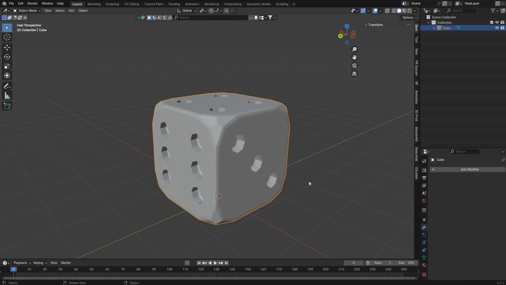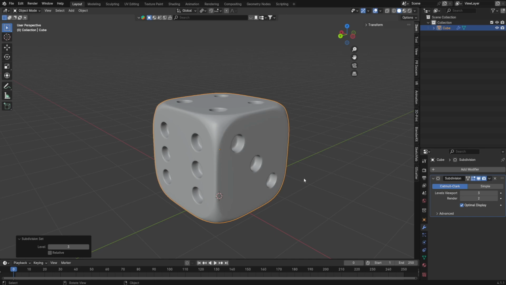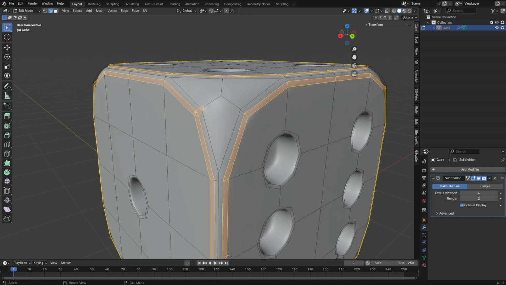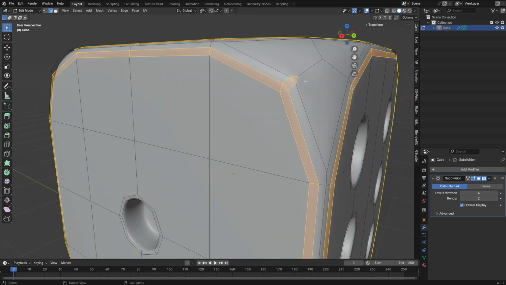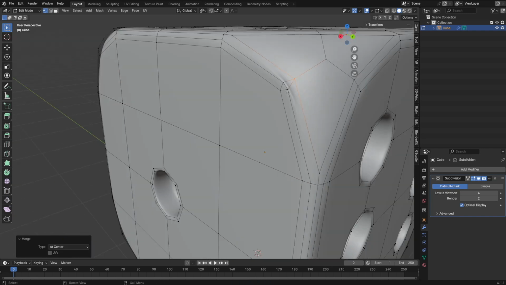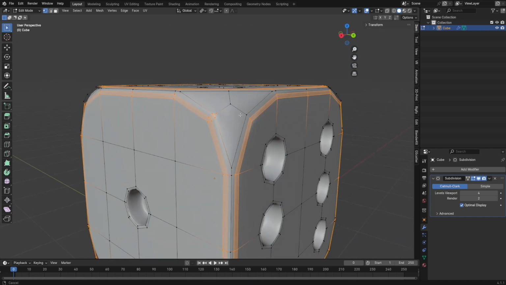From here, you can go to Ctrl 3, or you could press Ctrl 4 and simply add a subdivision. Another subdivision. If you have any of these imperfections that you see there, I think they just need to be merged by center, but it creates another problem if you merge it by center. But if you're wondering why